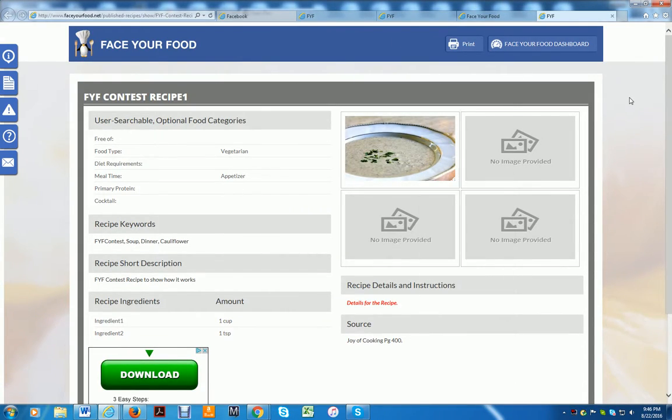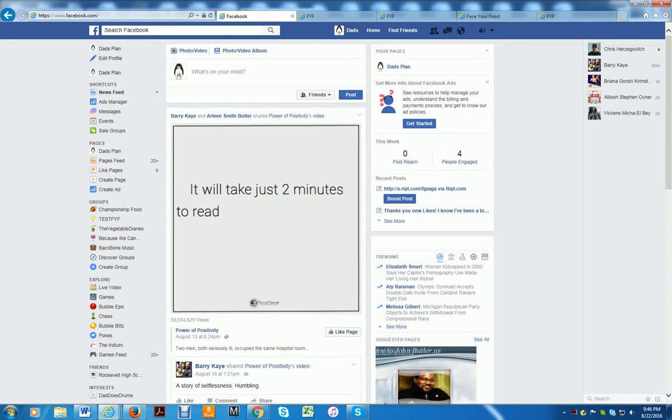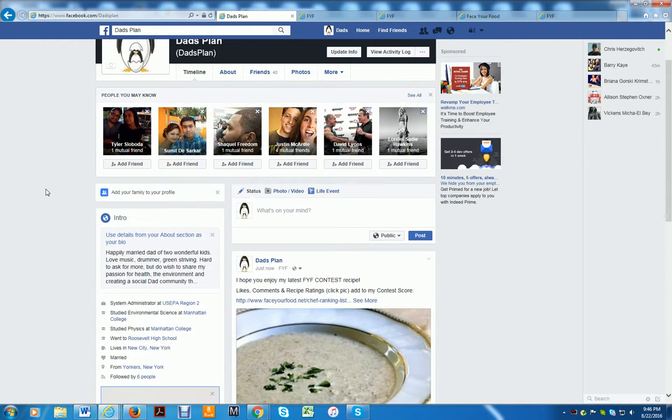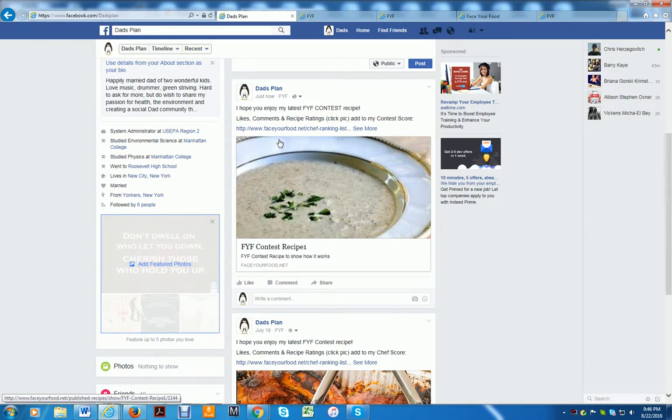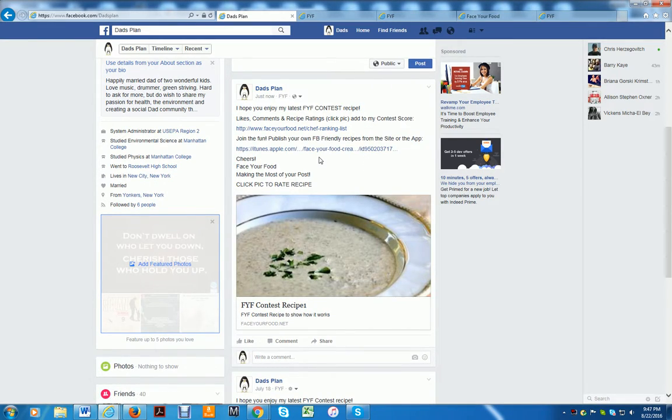Of course I didn't put much here in the description, but you'll get basically what you have. People can print it out if they want, but right now if I go back to Facebook and click on me, I see my own recipe. Here it is. Click on more. I can give people and show where I can get the app from. I can show how I get a chef ranking list,